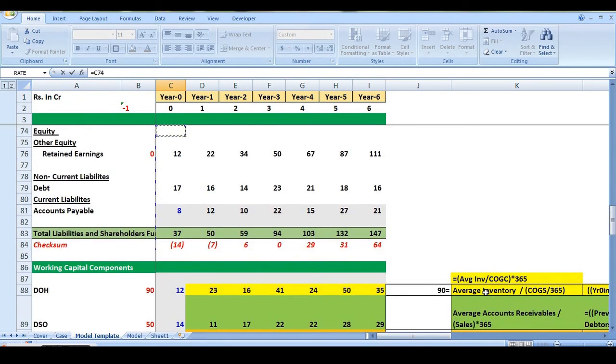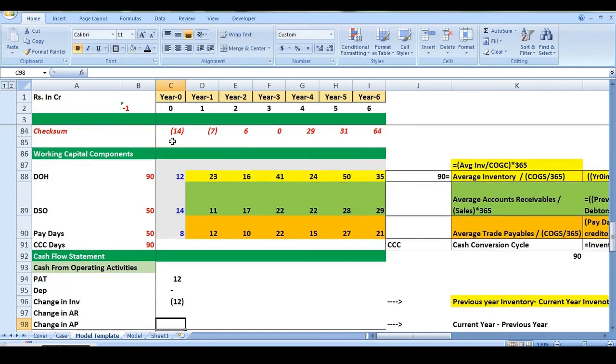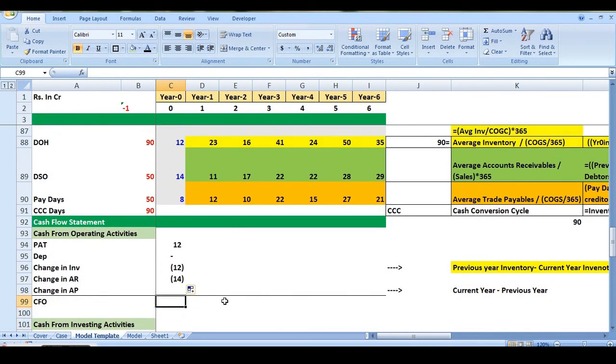So we go to the balance sheet to get these values. Inventory previous year minus 1, minus year 0 inventory. So it gives us the change, that is an increase. There is an increase in inventory value by 12 crores. Inventory and accounts receivables are in the same sequence, so we can simply drag them, and when it comes to calculation of